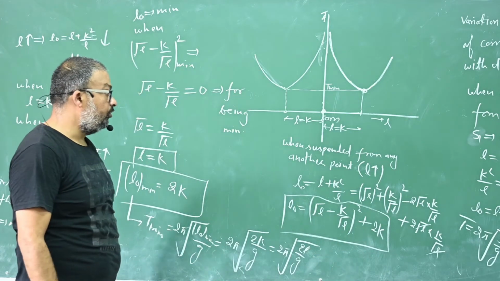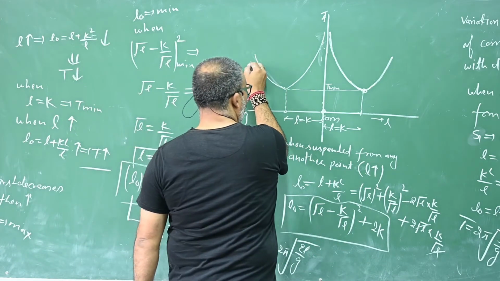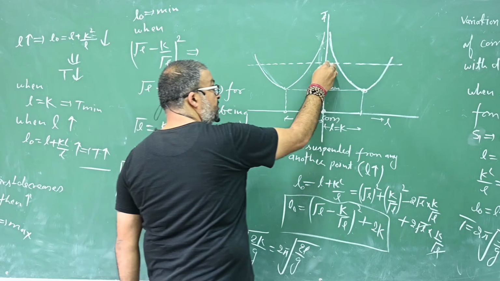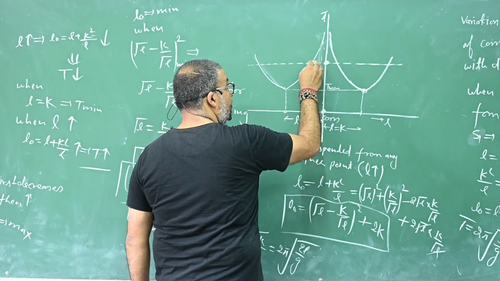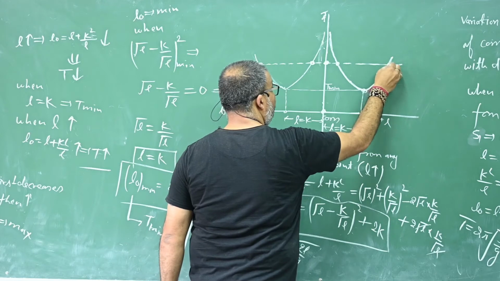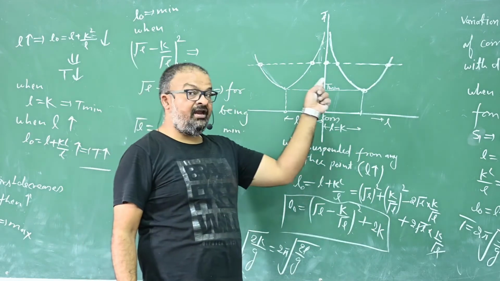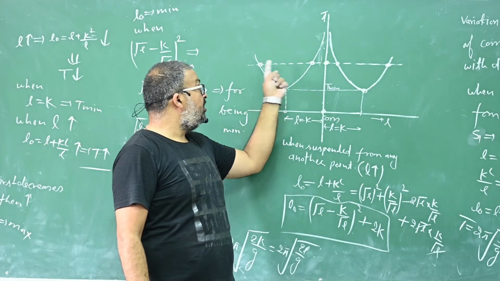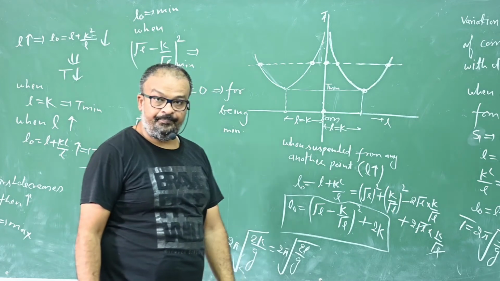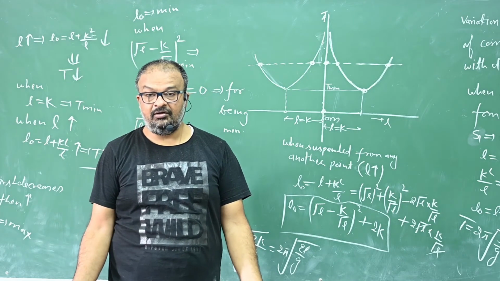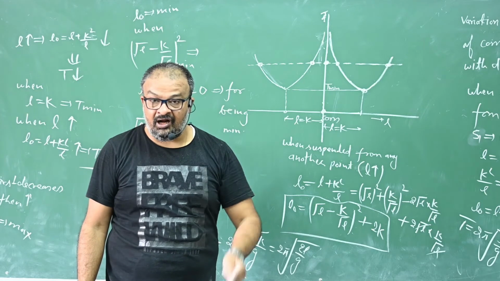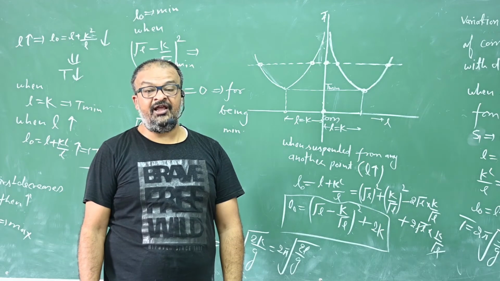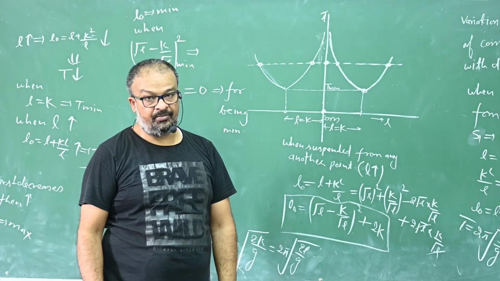Right? Now, one more thing. If you draw a horizontal line, this horizontal line means that this is a certain value of time period, the same time period is here, here, here, and here. This horizontal line cuts this graph at 4 points. That means for all these points, time period will be the same as we studied before. On a single compound pendulum, there may be 4 points about which the time period will be the same if it is suspended from that point. Am I right or not?